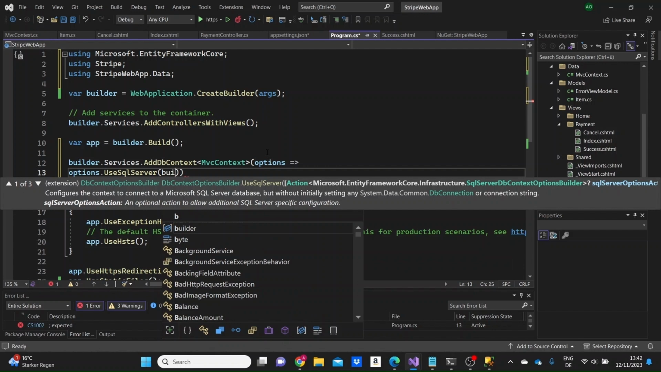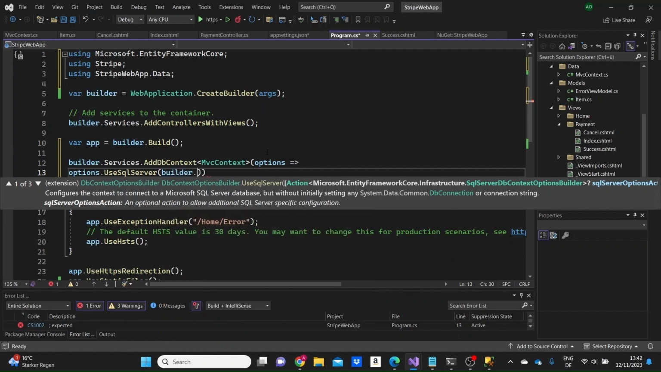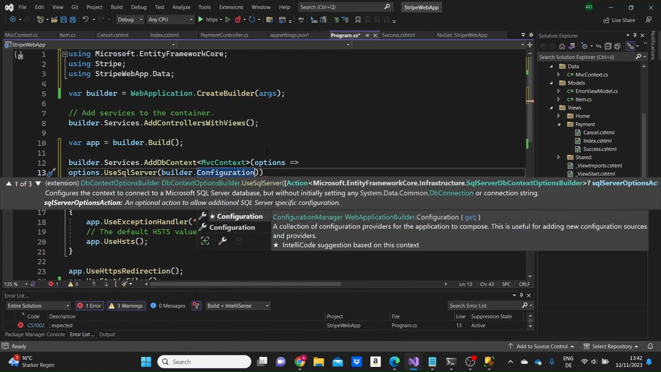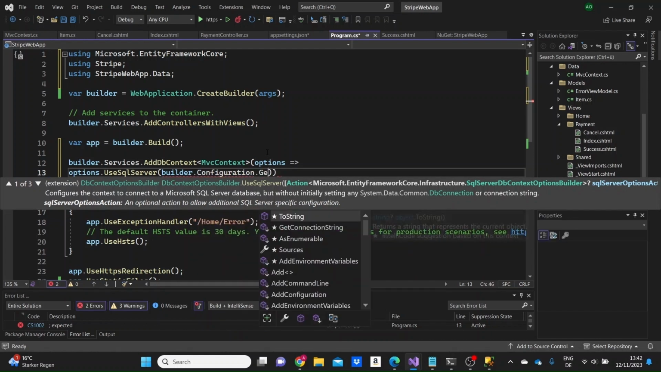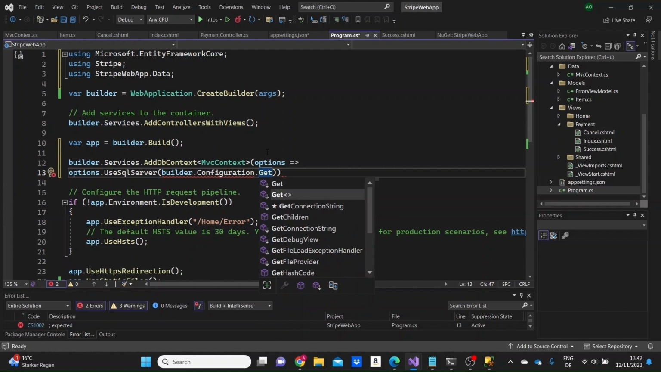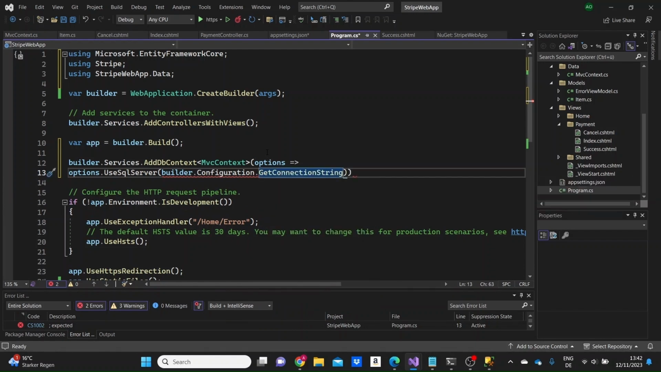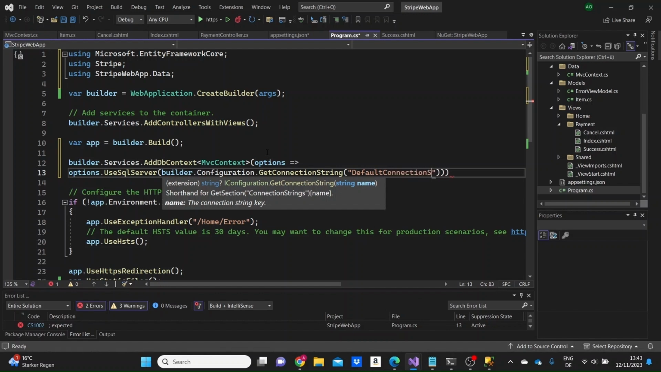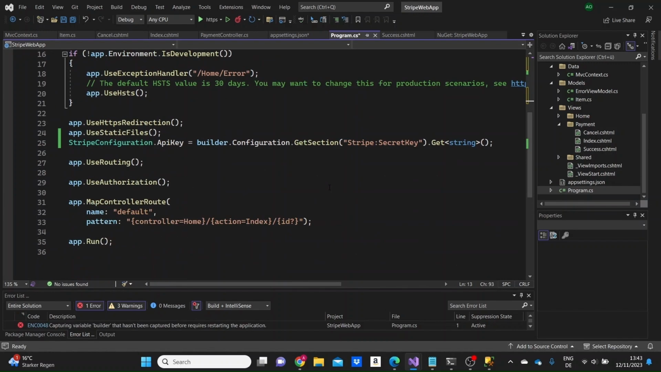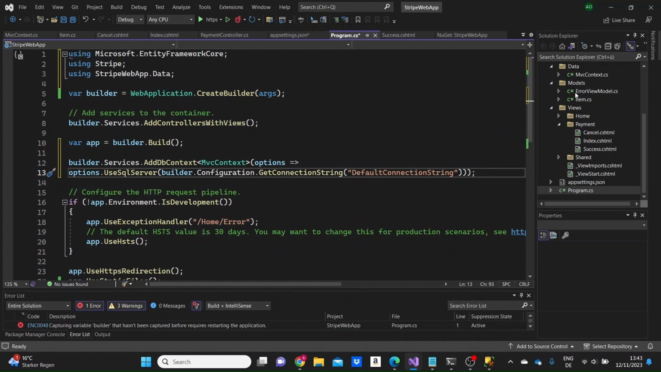So to access the connection string, we write builder.Configuration.GetConnectionString. Inside here, the name of the connection string, which was DefaultConnectionString. Okay, we're almost done now. What we're going to need to do is go to